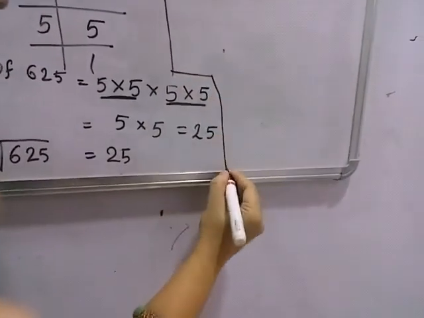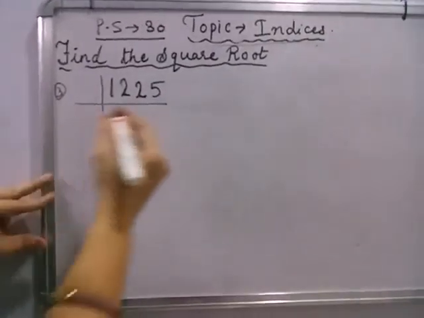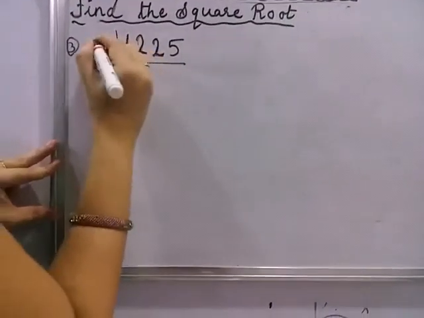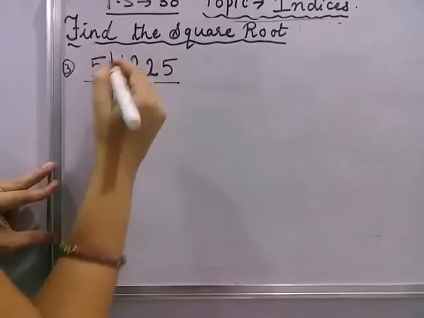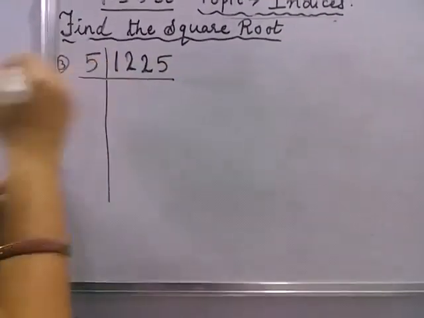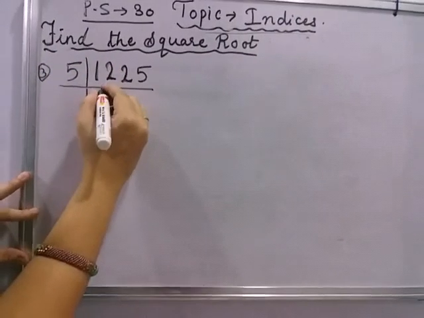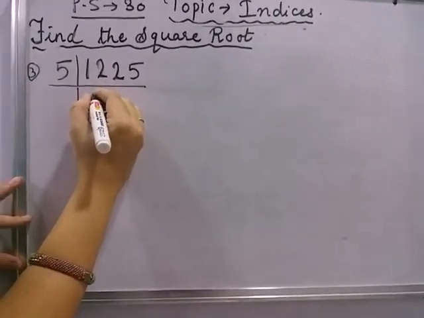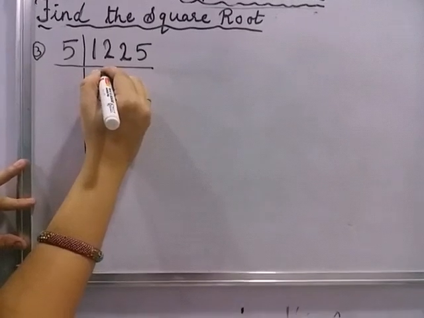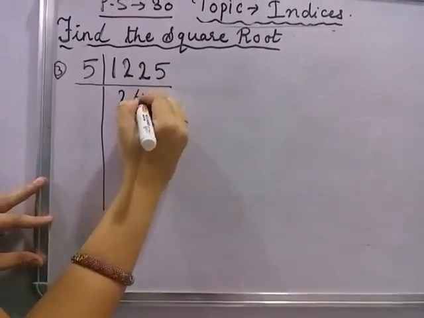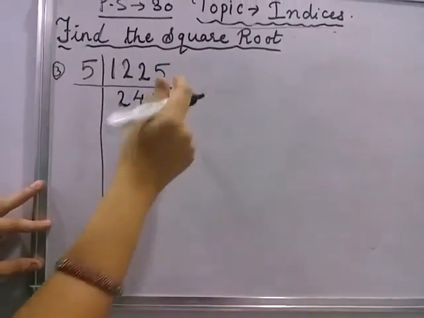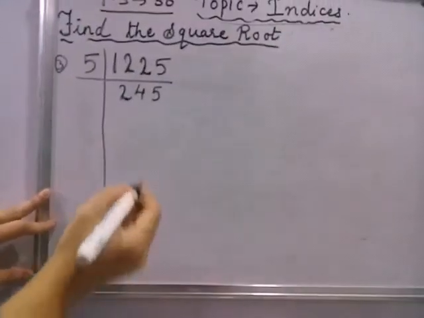Okay student, I hope you understand how. Okay, now let's take the third question. Again 5 is on the unit place, so it is directly divisible by 5. So when you divide 1225 by 5, you are going to get the answer 245. 5 2s are 10, 5 4s are 20, and 5 5s are 25. If you are not comfortable, you better do it in rough and solve it.